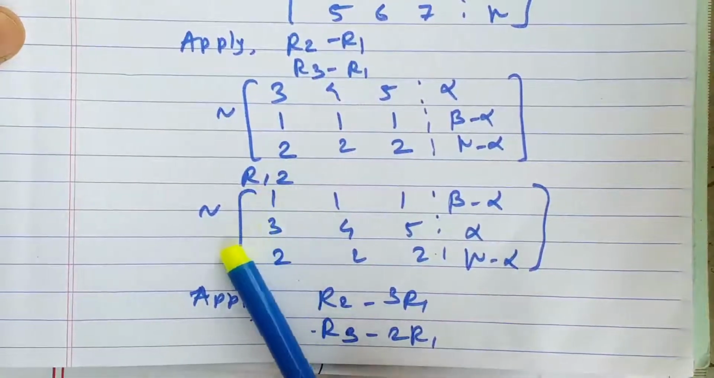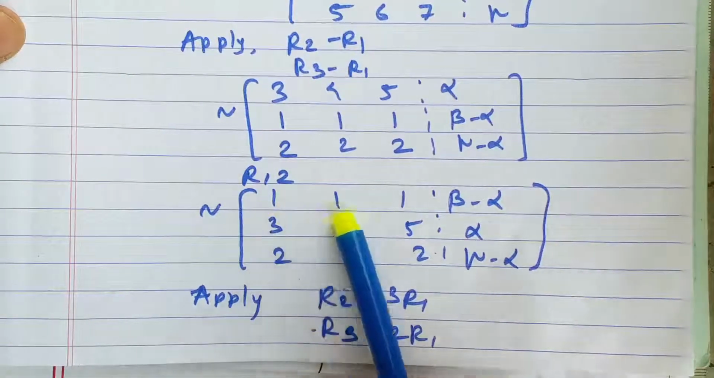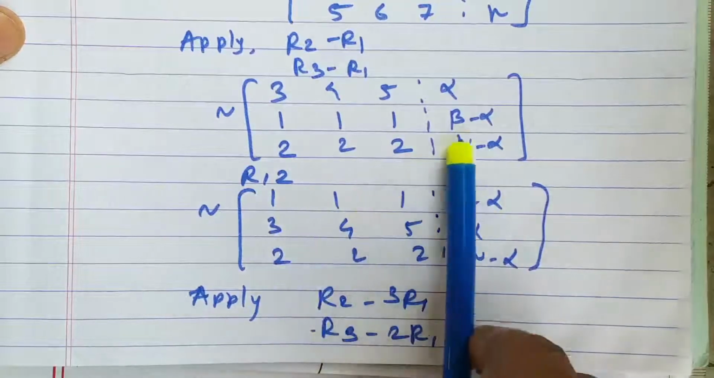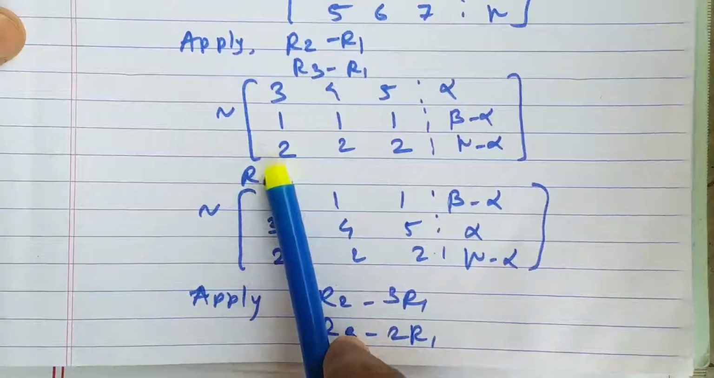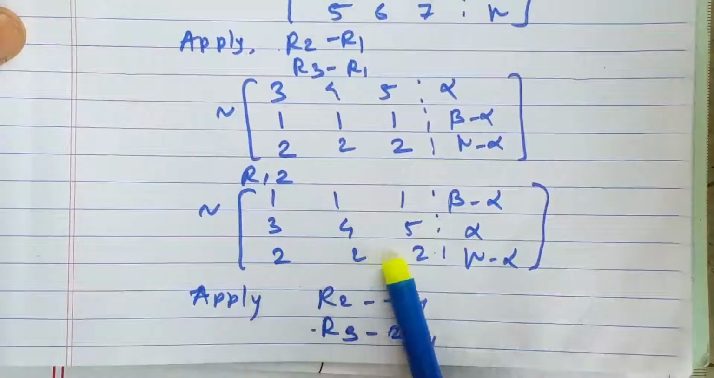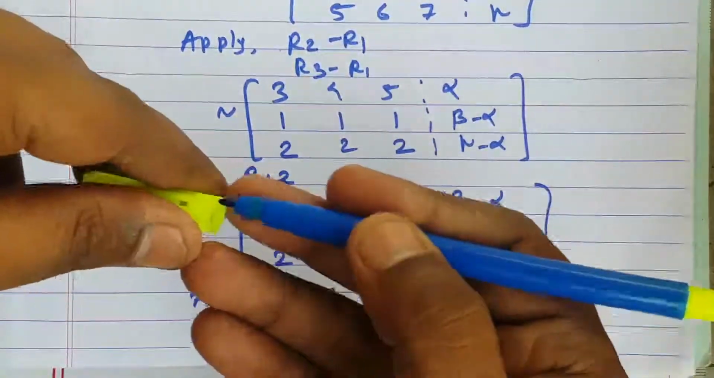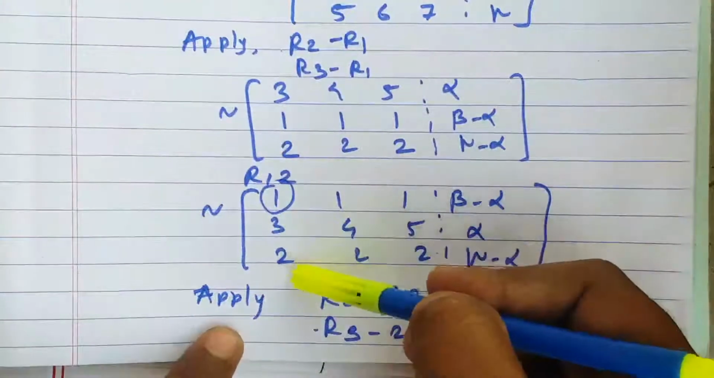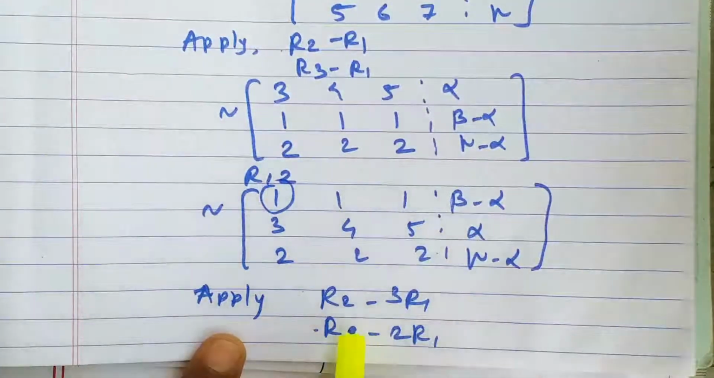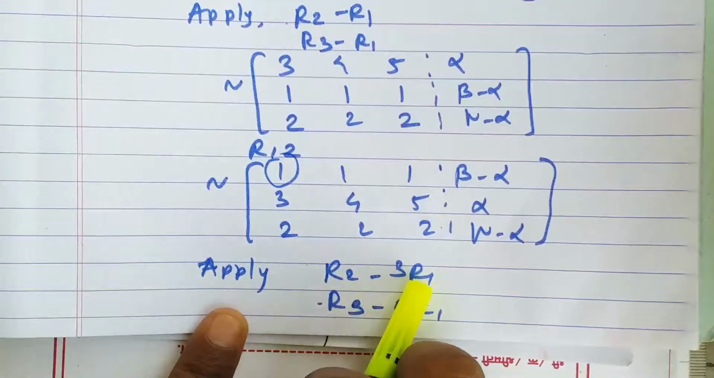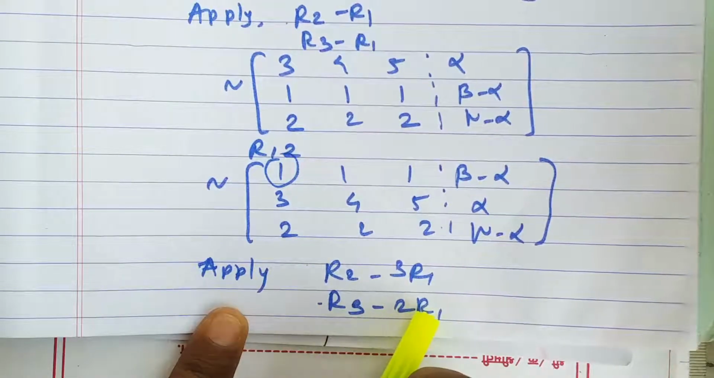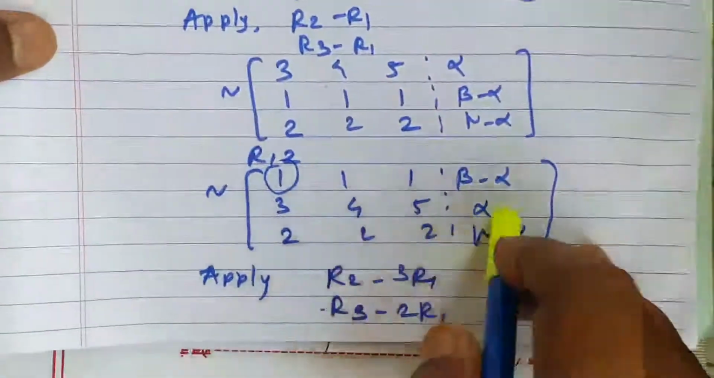After interchanging the first and second row, we'll get this matrix: 1 1 1, beta minus alpha will come in the first place, then 3 4 5 alpha, and 2 2 2, the last row will be as it is. Now we have 1 available, so this is the first pivot. Below this we are going to make 0 for getting the echelon form. So the correct transformations will be R2 minus 3R1, R3 minus 2R1. After performing these two, we'll get the matrix